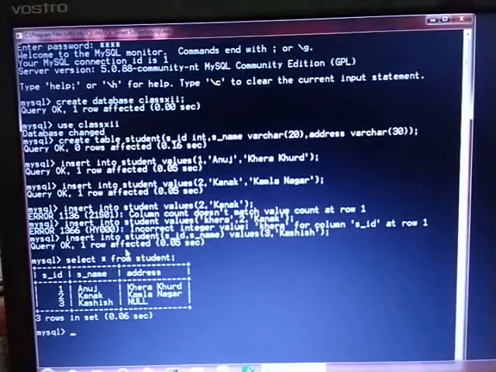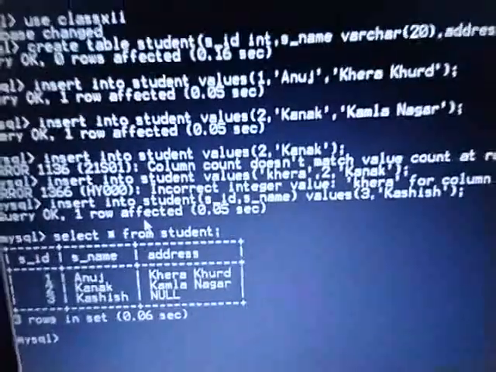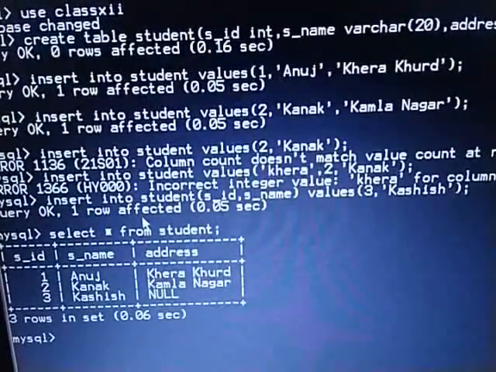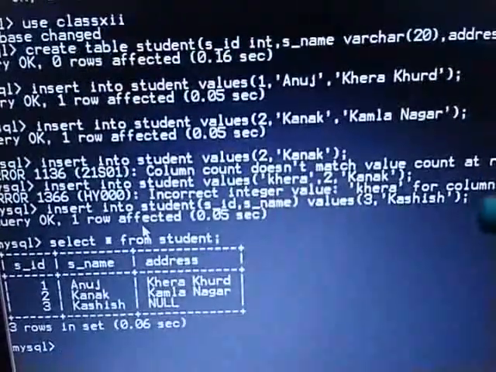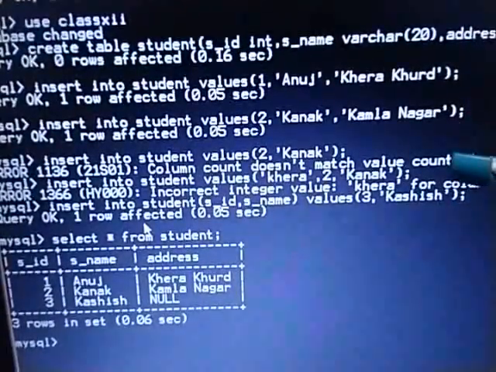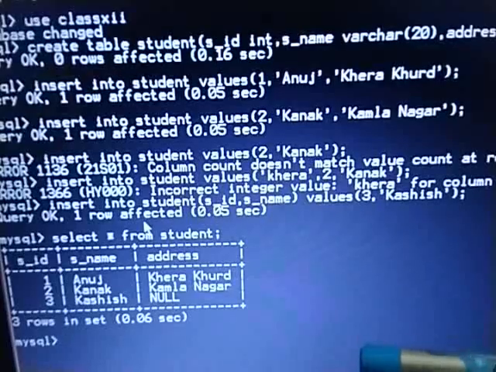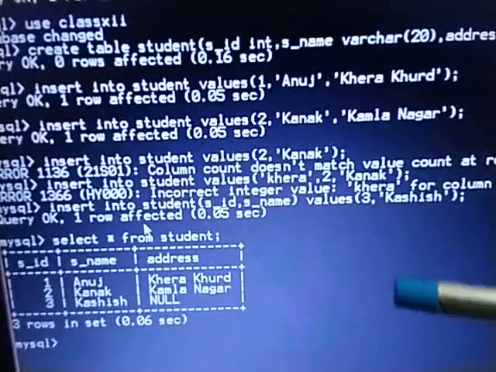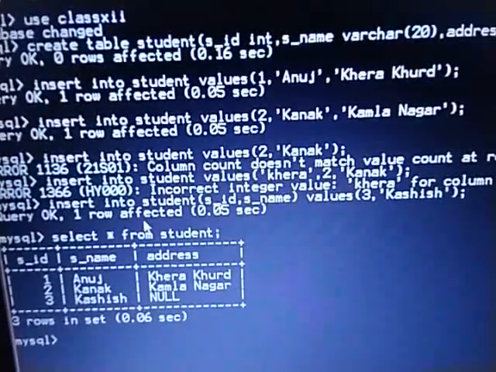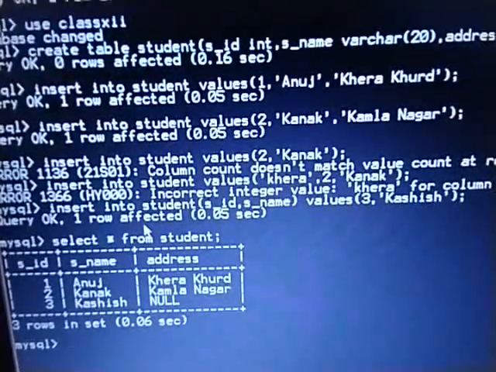So wait a minute, I am just going to show you in a little zoom mode. Fine. So how are you going to enter the null value? Normally you cannot enter it directly. With the previous case also I will show you how to enter null values in a table, but by default my question is: if I want to enter only 2 column values, and I don't want to enter the 3rd column value, then how can I do it with the help of the insert command?